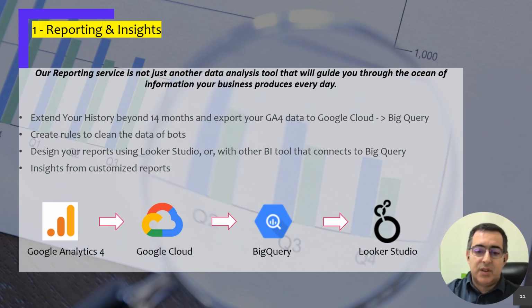So my recommendation is to go to BigQuery as soon as you have your data correct, to have historical data to do all these kind of fancy things that you want to do